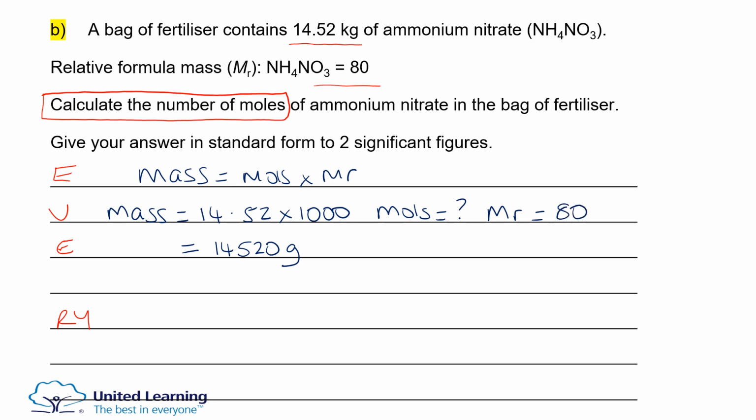We then go on and rewrite the equation with the substitution. So we have 14,520 equals moles times 80. In order to make moles the subject of the equation, we can simply divide by 80, hence cancelling that out on that side, and what we do to one side we have to do to the other. And so therefore when we put that into our calculator we get an answer of